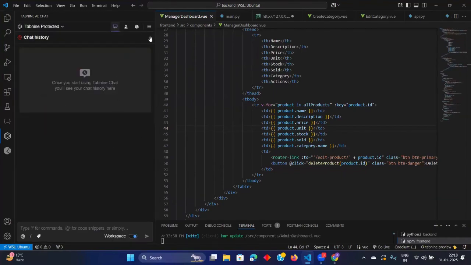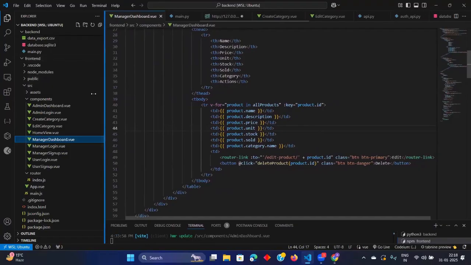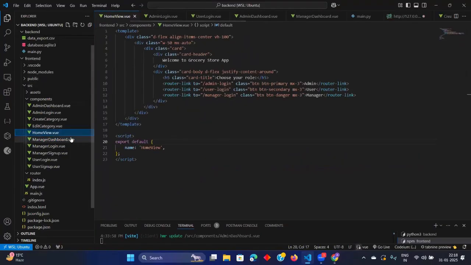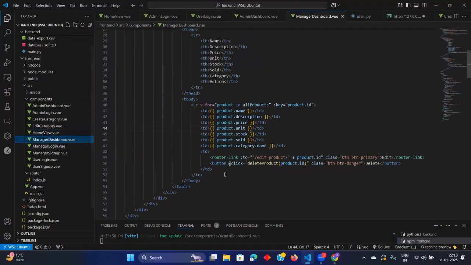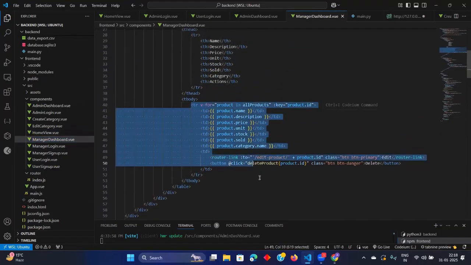I also generally don't use this. I have installed Tab 9 this time only. Last time I used Codium only. So that's why. No worries.